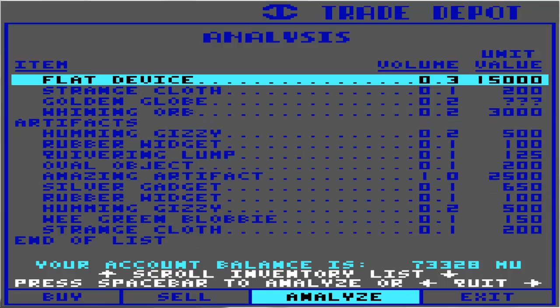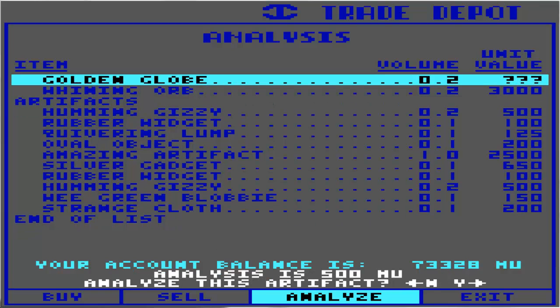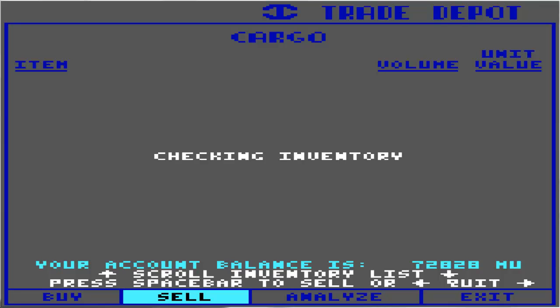Let's analyze the flat device, strange cloth, the golden globe. Costs 500 mu. And has revealed very little of interest. It has slight value as an alien curio. So basically, it means I'm only going to get 400 profit because the thing...